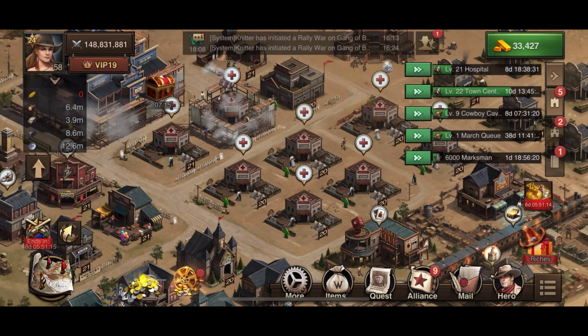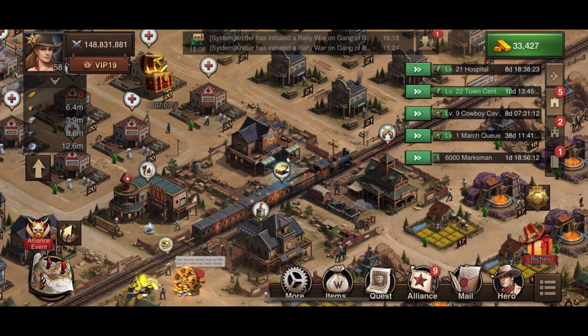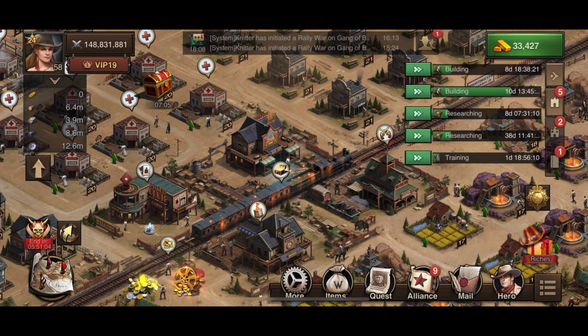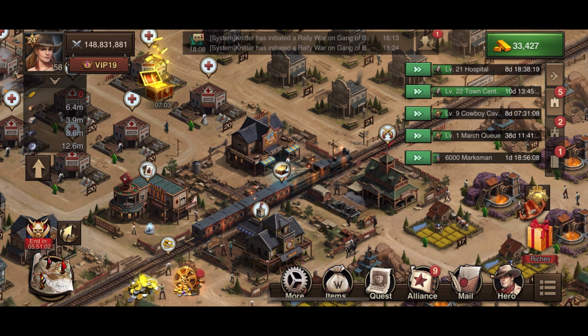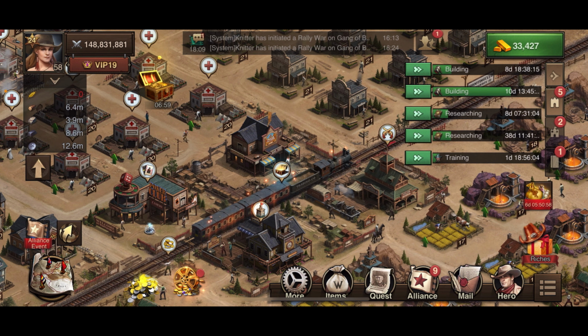Continue to do what you need to do. But if you want to get T4s fast, I'm going to be completely blunt and honest. You're going to need to spend money. That's just the way it needs to be if you want T4s fast. If you don't want to spend money,